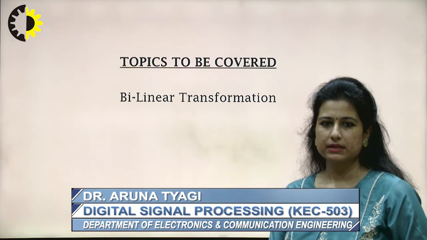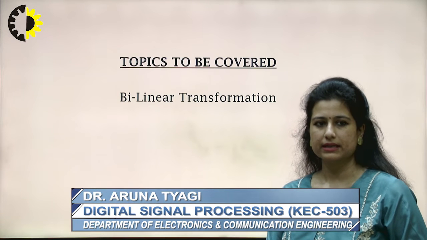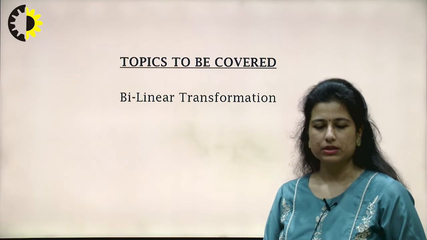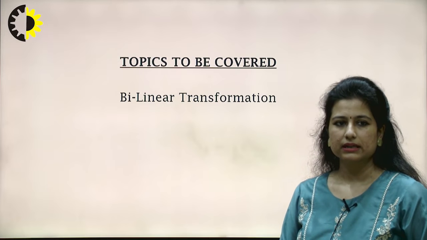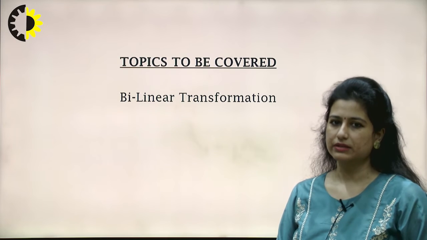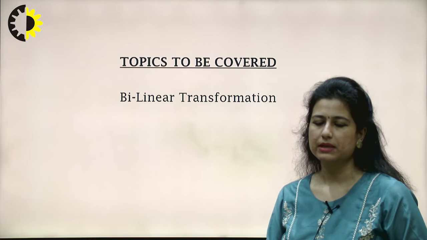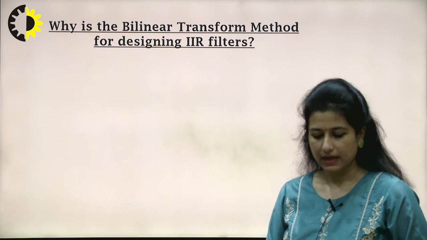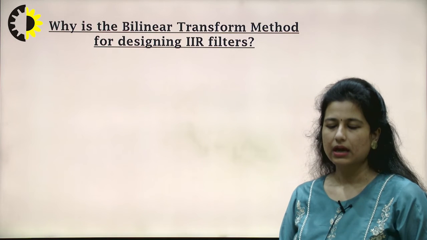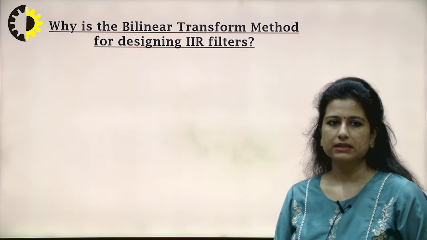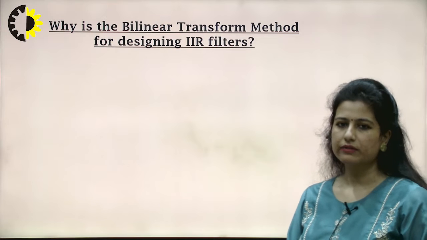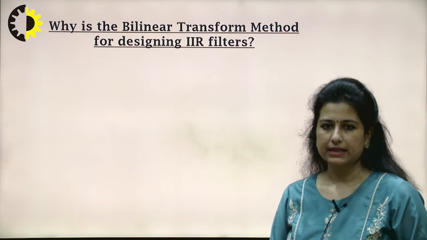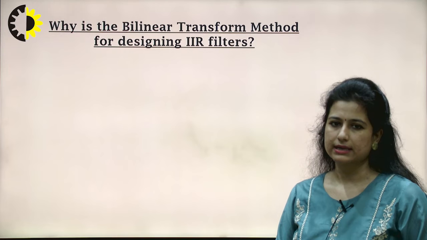So today we'll be discussing another topic, that is the bilinear transformation, which is the part of the last session. In the last session we had discussed another transformation technique called impulse invariant transformation. In that transformation we had seen there was a certain limitation. One of the biggest limitations was that my signal was getting distorted because of a factor arising from that transformation called aliasing.